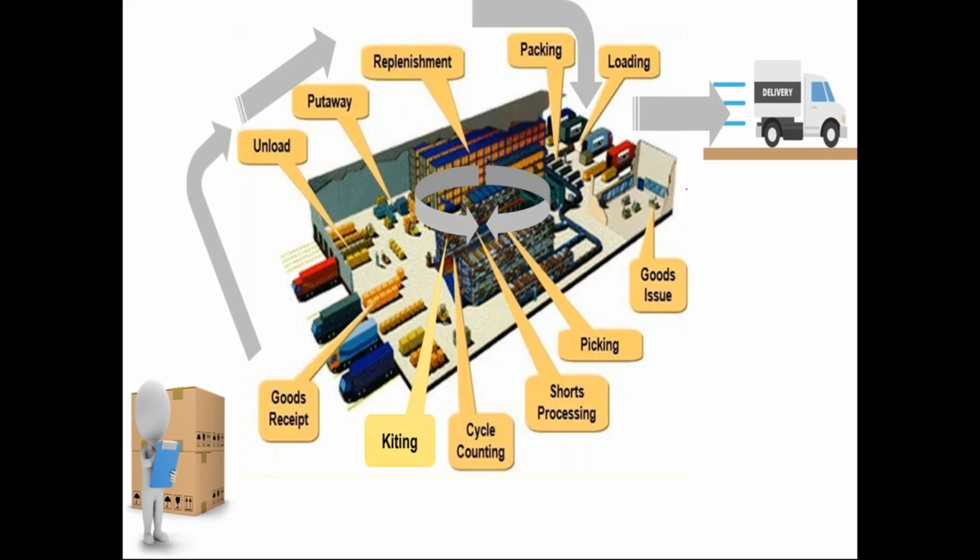Special activities, for instance, a simple example that I'll take is apparel industry. Let's say if you're working in apparel industry, you are receiving a t-shirt and it says 100 rupees. You wanted to sell it for 200 rupees or 150 rupees, imagine. I receive the stock and then I repack all those different types of t-shirts into different handling units. And after that, what I wanted to do is I wanted to perform the quality inspection, and after that I wanted to relabel the price tags. Relabeling price tags, that can be considered as a value-added service. Again, here it is unloading, repacking, quality inspection, relabeling, and then put away.